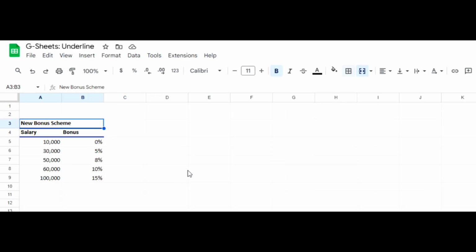But yeah, as you notice, when you use a border, it underlines the entire cell. It's not limited to just the text within that cell. So that's how you